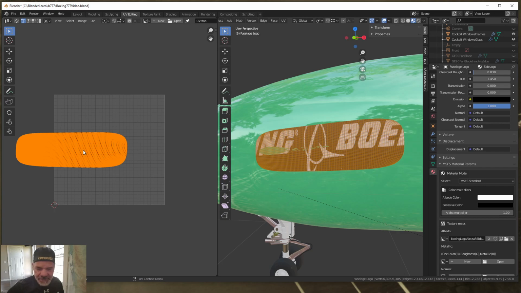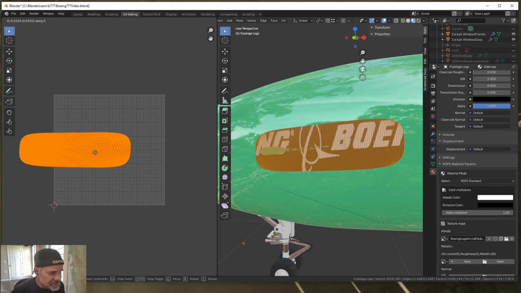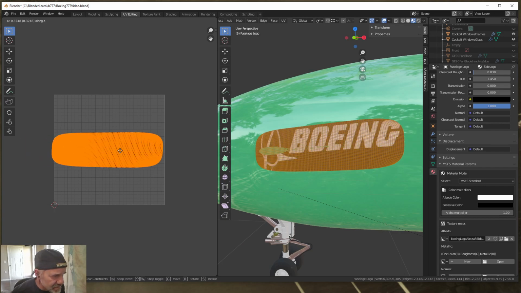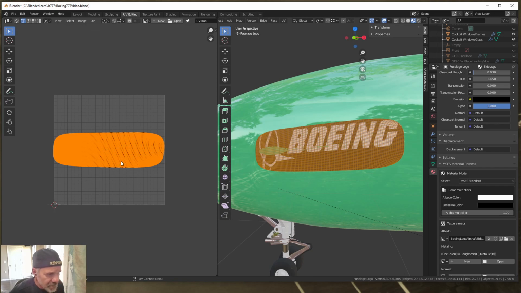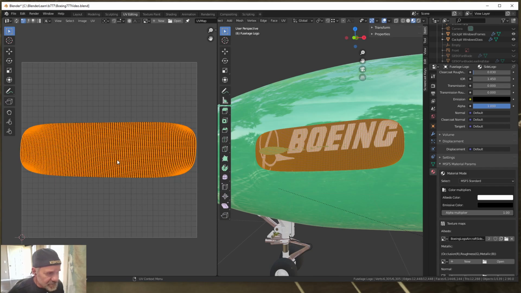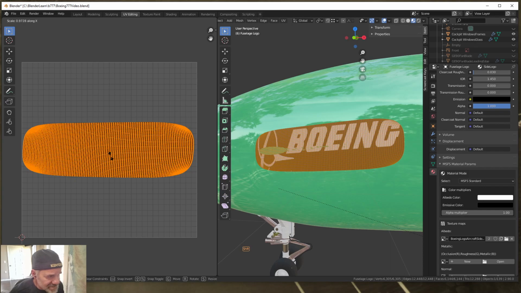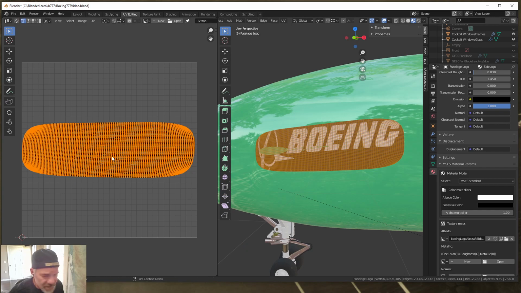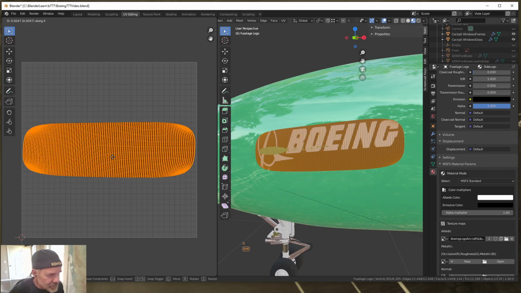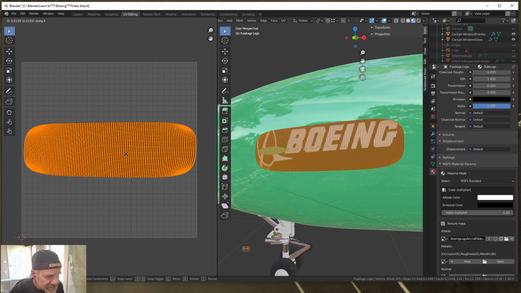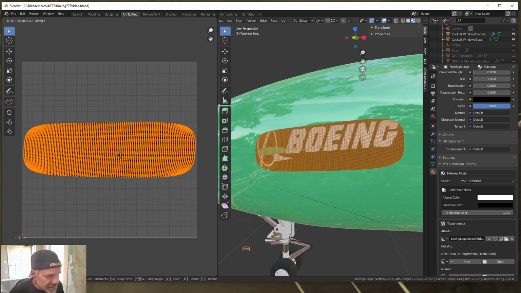So over here on the UV side, we're going to move it in the X direction by hitting GX, and we're going to move it inside of our logo box. Okay? Oops. Let's move in a little bit, and we can even scale it in the X a little bit to make sure that we're inside of that 4K box. GX to move it to the right a little bit. Doesn't have to be perfect because we're going to take care of that in another means. Okay, now